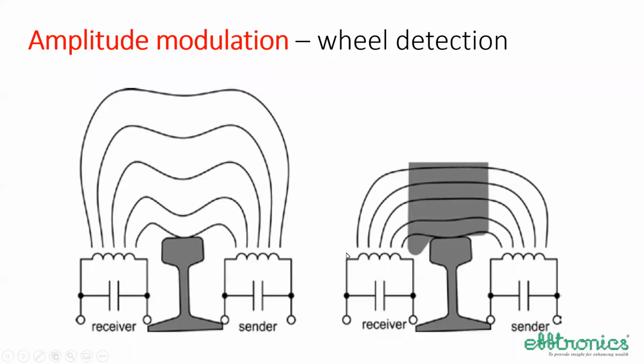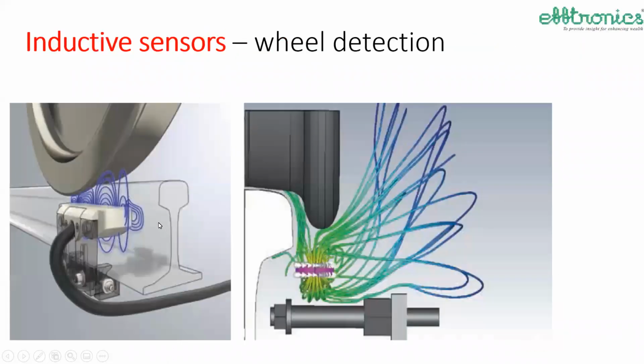When the wheel passes over it, it influences the inductive circuit of the transmitter. Previously, when the circuit is tuned, the components are tuned exactly, the current flow will be maximum because it offers minimum resistance, or inductance, impedance. Now, when the wheel passes over that, like this here, it is interfering with the inductive circuit of the transmitter. Thereby, the current reduces because the impedance increases. That is the basic principle of this type of